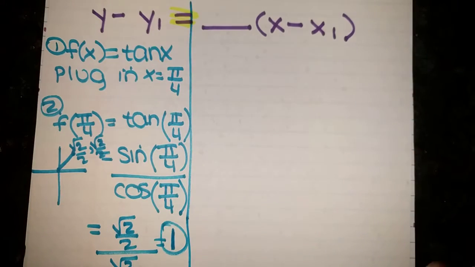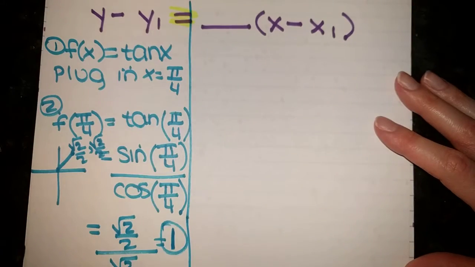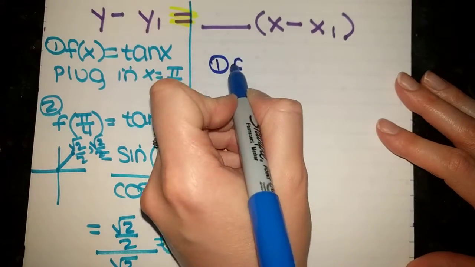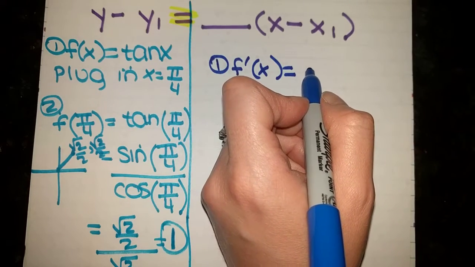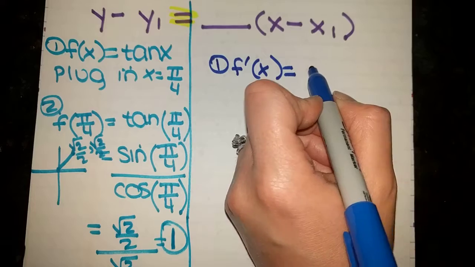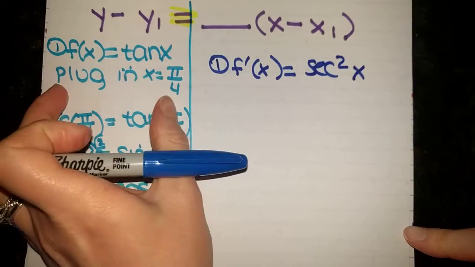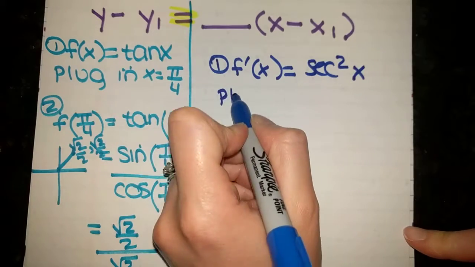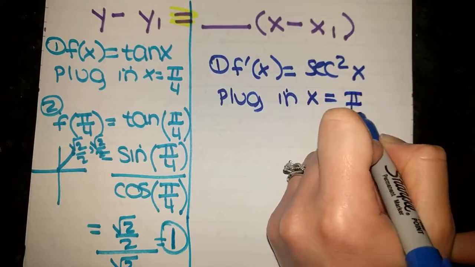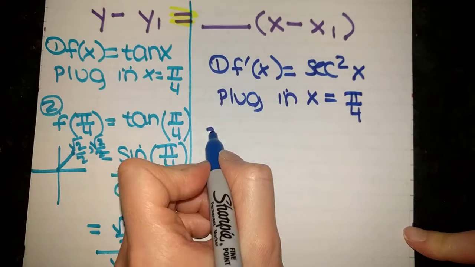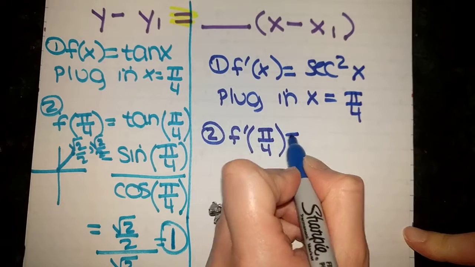Now, remember that on the right-hand side, you're going to be doing the same process, just with the derivative. So you're going to find your derivative. So the derivative of tangent, remember you need 1 tangent and 2 secants. So you have the 1 tangent, so you need 2 secants. And then just like we plugged in x is equal to pi over 4 over here, we're going to plug in x is equal to pi over 4. So our second step is we're going to look at f prime of pi over 4,